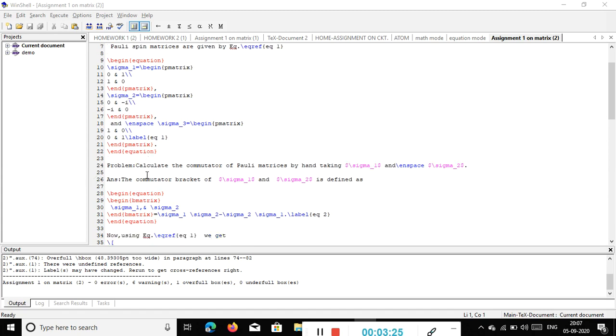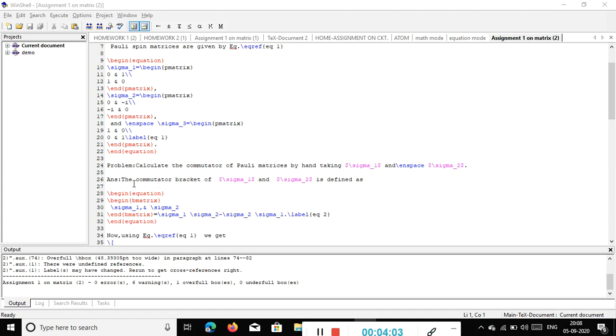Now if you want to write a problem over here, how could you write it? So I've used problem, calculate whatever, and then I've used the dollar sign. Dollar is used to write any symbol. So if you want to write any kind of symbol, you definitely have to use the dollar sign, because if you don't, then it is impossible for the system to run without any error. It will definitely show you some error. So don't forget to write dollar before writing any formula or any symbol. So the sigma looks just like this. I've used sigma and then quad space, because I want both things one beside another, and this sigma 2.